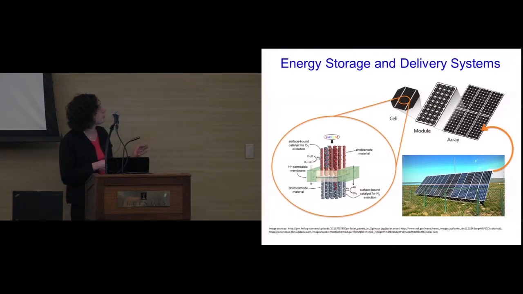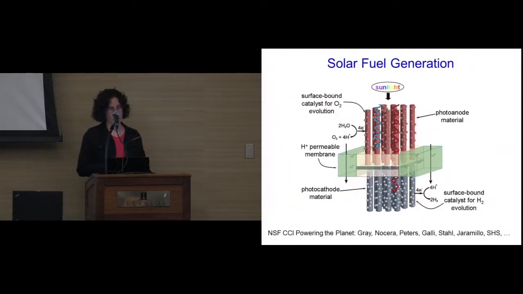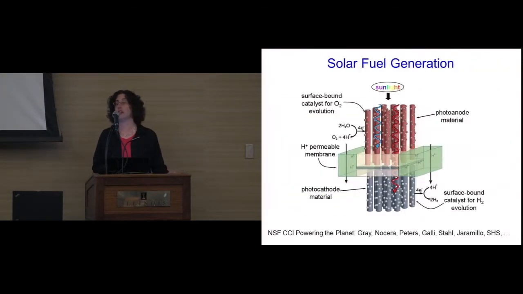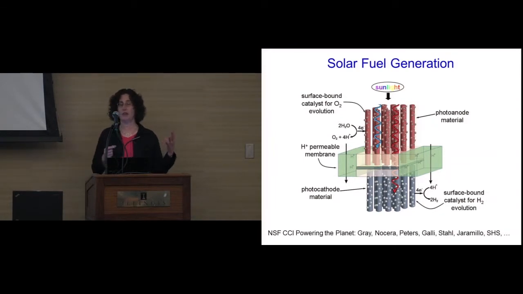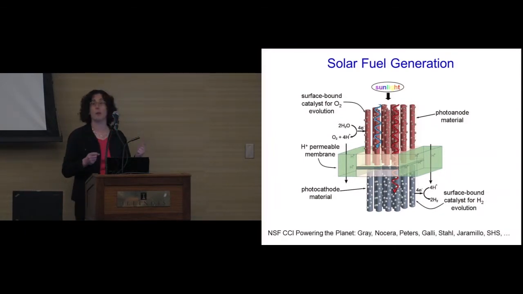And if you zoom in and look just at a solar cell, that's this picture here, we can see that electrons and protons are doing everything here too. This is just a schematic of a solar cell. The sunlight is absorbed by the photoanode material. Water is split into oxygen and protons. Then the protons are transported through a membrane onto the other side, where they're combined with electrons to make molecular hydrogen. So what's happened here is we've taken sunlight and converted that energy into molecular bond energy